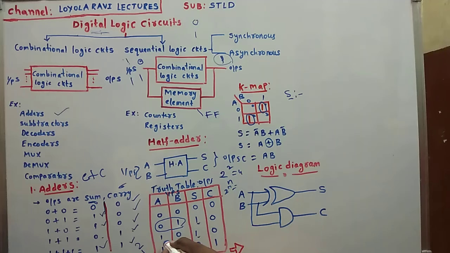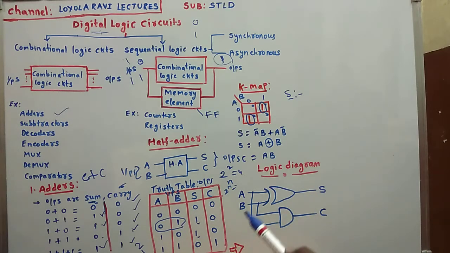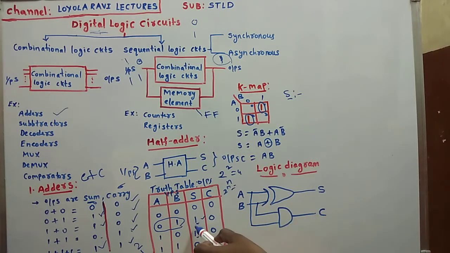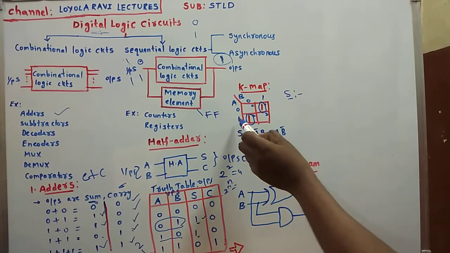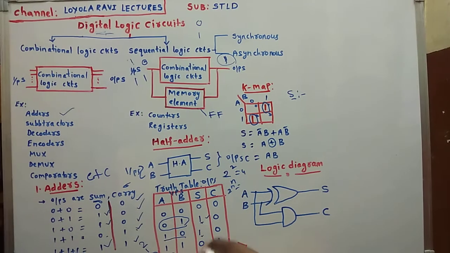And in the same manner, another one we have. This is also 1. Whatever the possible high combinations for sum, those we have to take. Here we are getting 1 for 0 1, and here also we are getting 1, for 1 0. This is the location where we keep minterms as ones. Okay, SOP, we are doing sum of products. Any other high combinations? No. That's why only 2 we have.